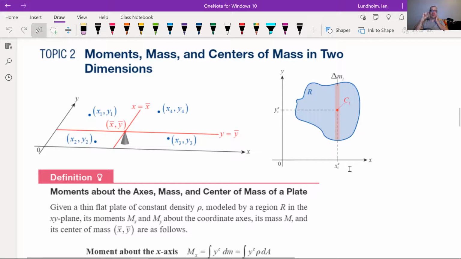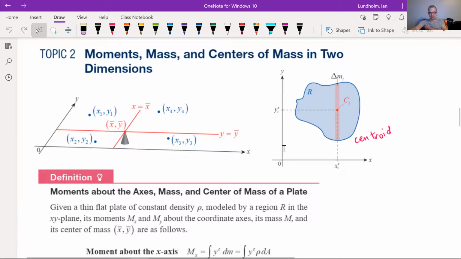There's actually a special word for the center of mass of an object, especially a two-dimensional object like this. It's called the centroid. And the centroid is the center of mass of the object,